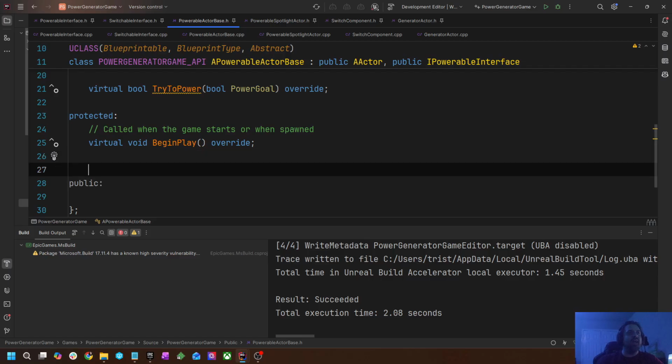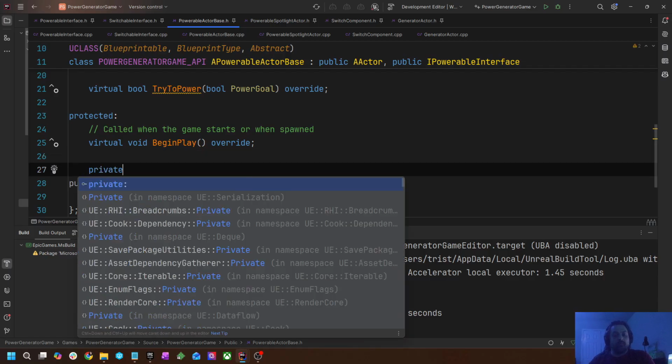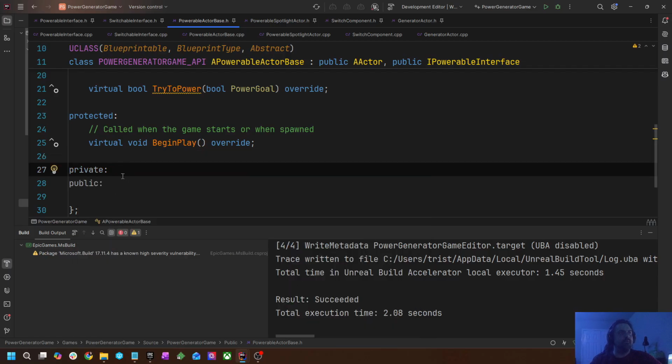And then if you had private colon, then that would be literally only accessible for this class and not even for its children classes. Now, generally, I tend to use protected or public just because I don't know exactly what it is that I'm going to decide I do or do not want to have accessible to the children. And then I will mark them as private if I realize I need to do that. But for now, I don't need to have this private